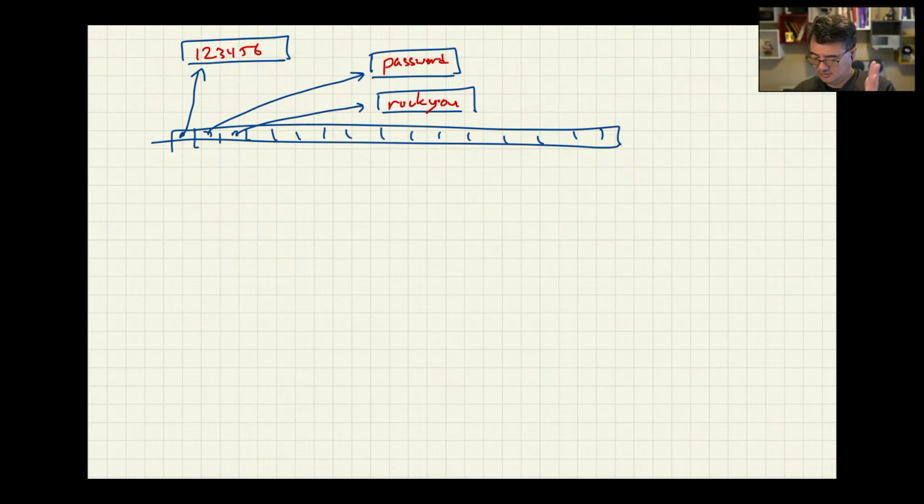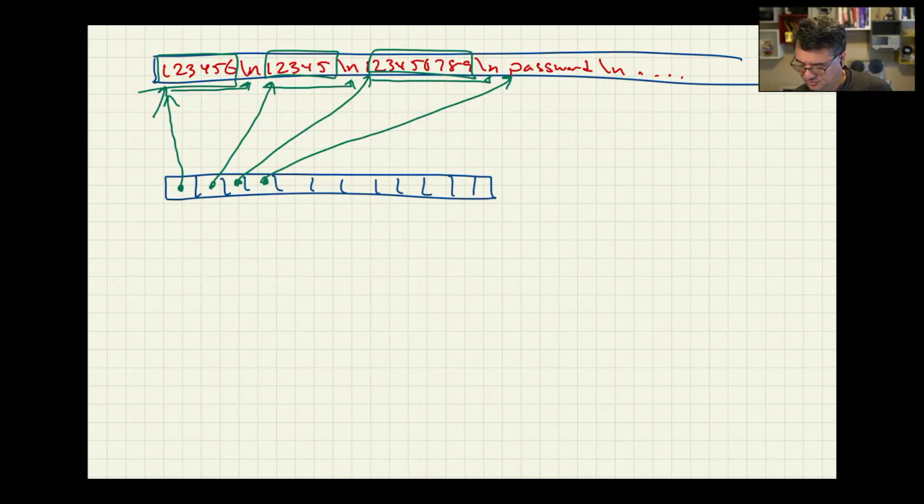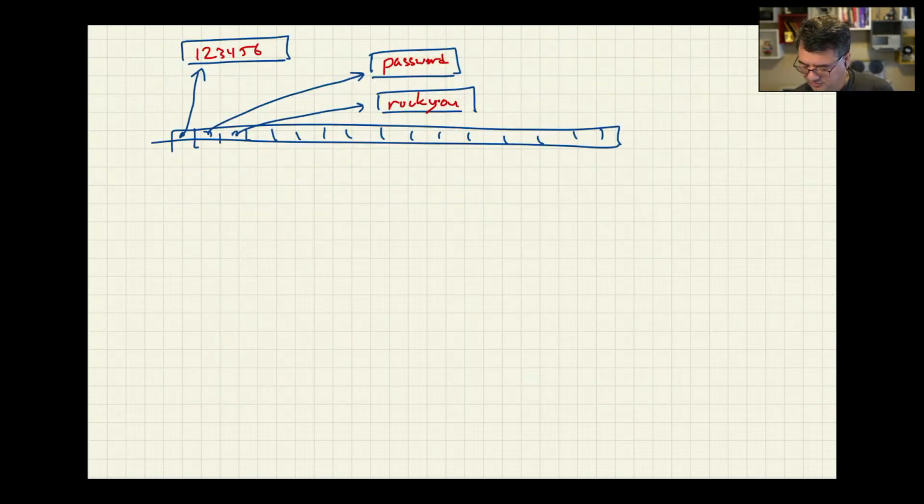The problem with this one is if we want to insert a character right here, we'd have to shove everything down in order to put that one character in there. Or if we want to delete a character, we would delete that character and then move everything to the left. That's a huge pain. But if we have this one here and we want to delete the 4, all we've got to do is slide 2 characters down to fill its spot. And if we want to insert something here in the middle, we just slide a few things over and we've got space for it.